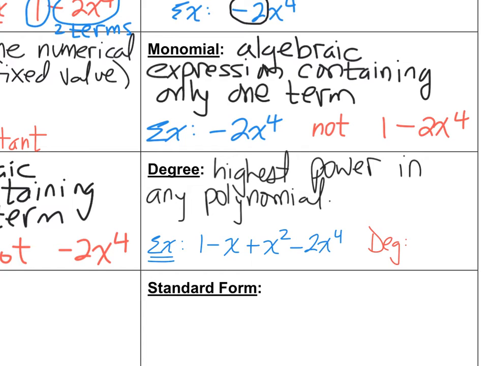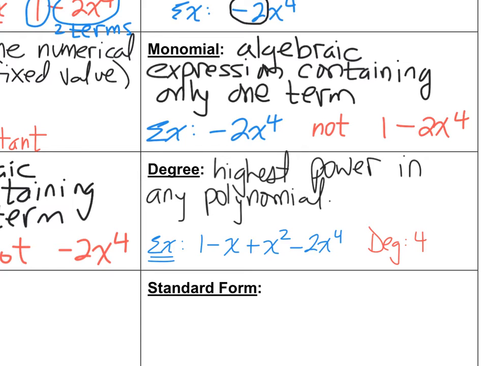What if we added 2 to the 7 in the example that you did? If you added a 2 to the what? To the power of 7. 2 to the power of 7, like as an extension. Then that would change the answer. So at this point, we would have the highest power being a 4, so our degree would be 4. But if you added 2 to the power of 7, now it's a degree 7. So whatever the highest power in your new polynomial would be, that is going to be the degree of that